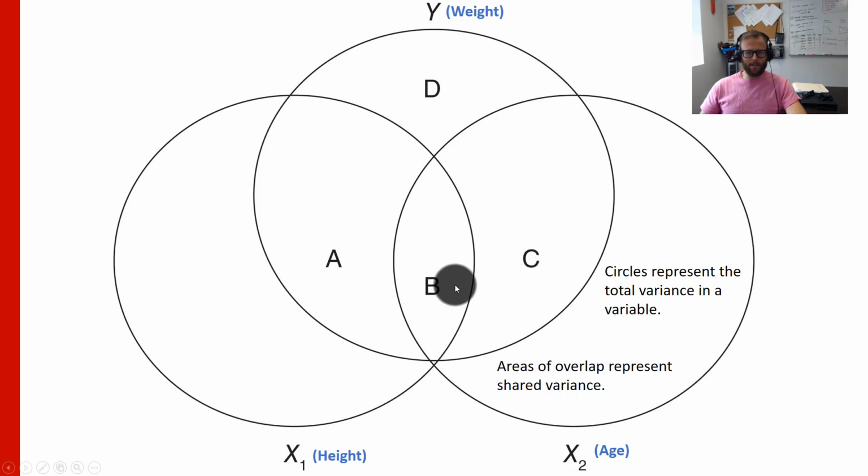If I add B and C together, that's what weight and age have in common. If I add A and B together, that is what height and age have in common. If I add A and D together, that's what weight and height have in common. And if I add C and D together, that's what weight and age have in common. Notice that B is common to all three, and that's going to be important when we talk about how to